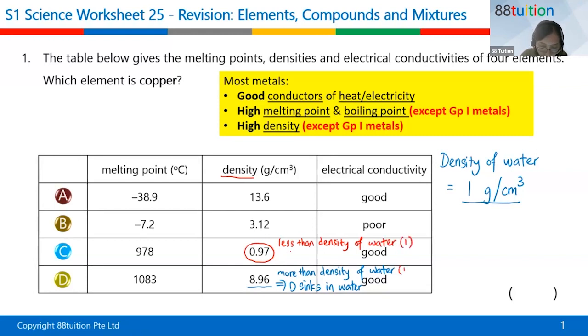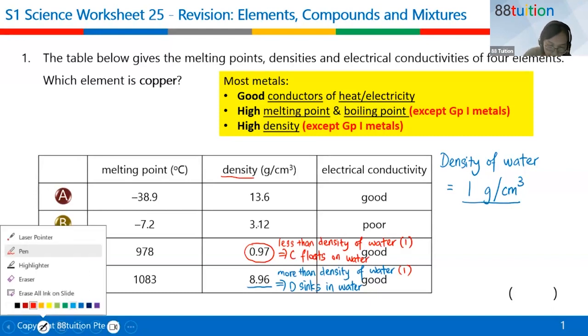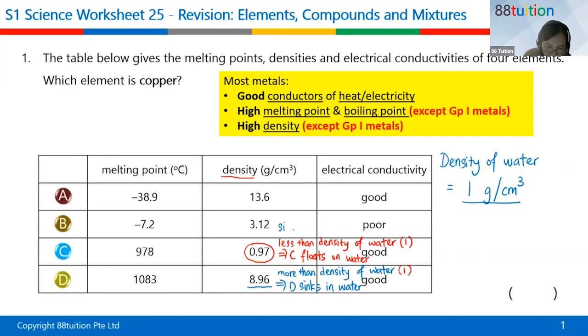Therefore, substance C will float on water. As long as the density is less than 1, it will float. Density more than 1, it will sink. Is everyone clear? So in other words, for the rest, I'll just write down sink. I'm talking about water. Okay, then if you look at this,